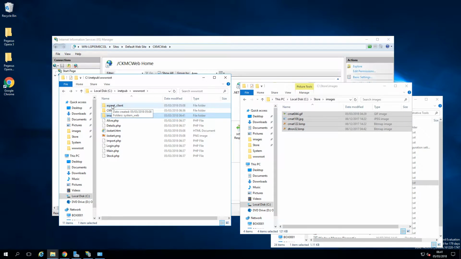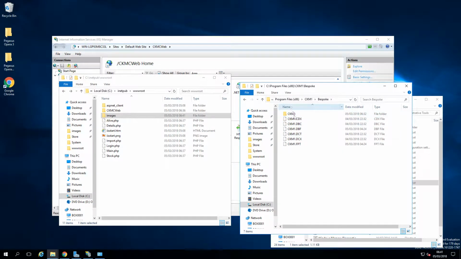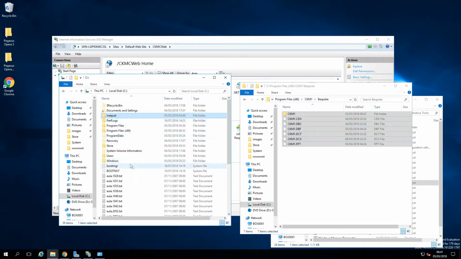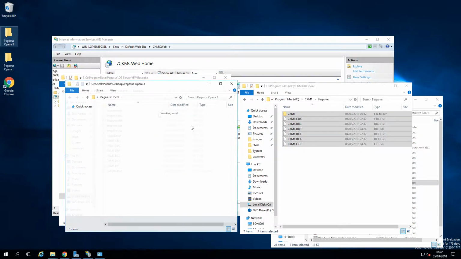So now we have our website, we have some images in, we need to put our bespoke into Opera. So back into our CKM1 folder, bespoke folder, and that's the CKM1 bespoke for Opera. Just copy and paste that into our Opera bespoke folder. Now if we fire up Pegasus Opera,